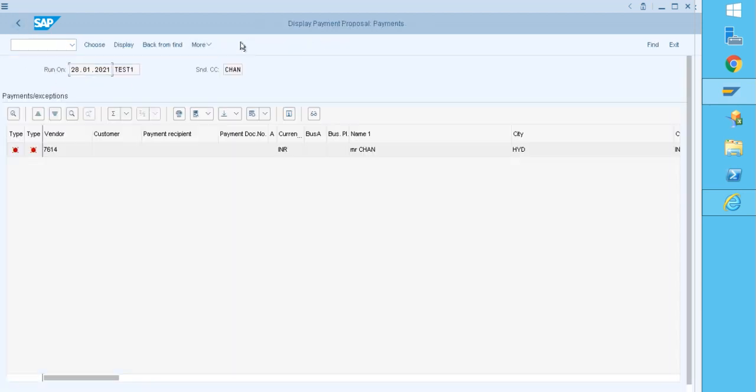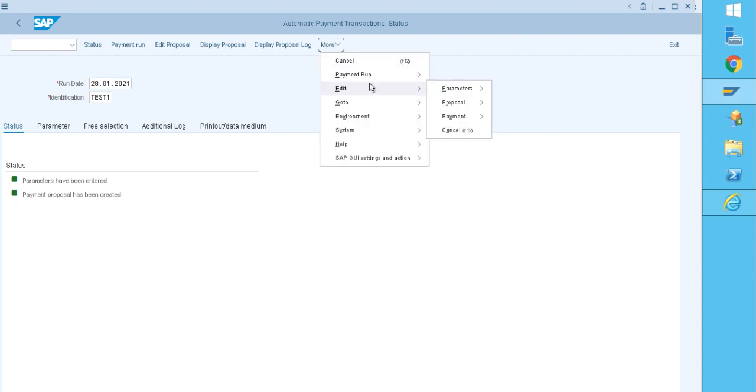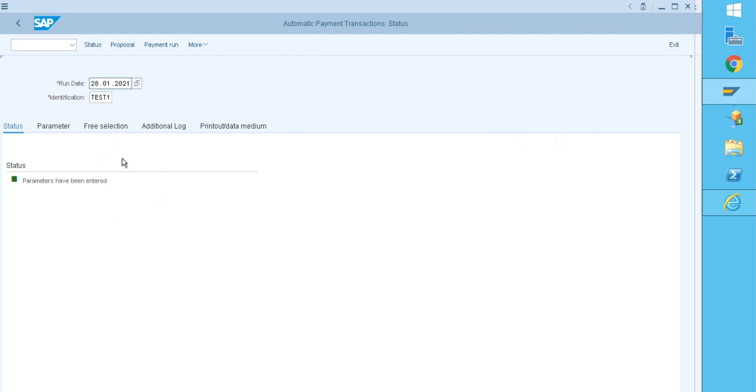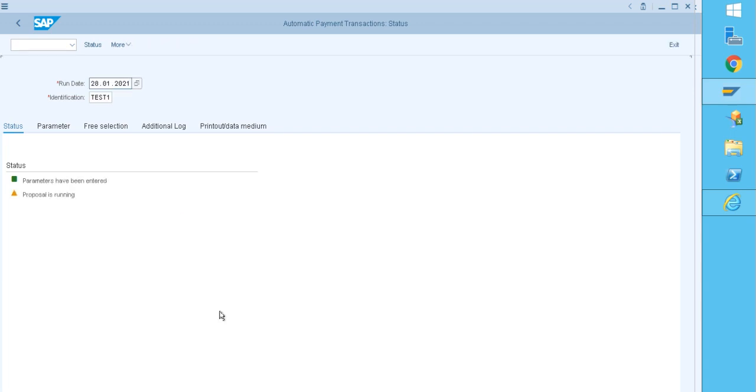Now check again. The error is the same, but what we can do is delete this proposal and create it again. Go to edit, proposal, delete. I am deleting the current proposal and creating a new one. Give the start immediately option, schedule, enter, and now check.